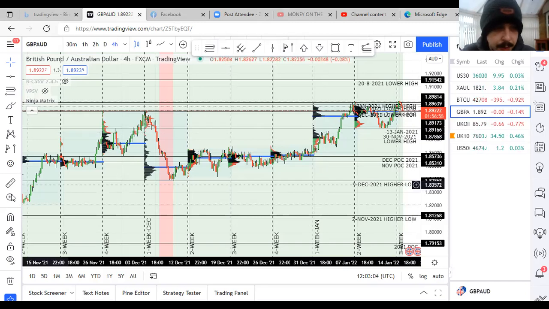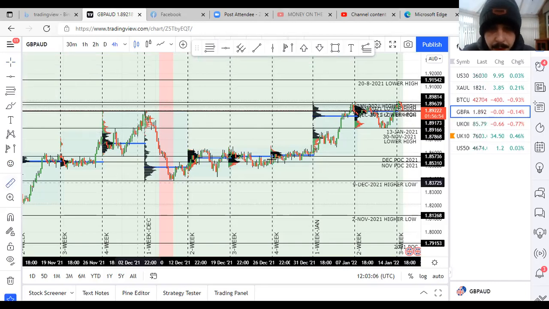You've just got to understand what you're looking at. If you got into that and you stayed with the trend, your stop loss is under here, under the